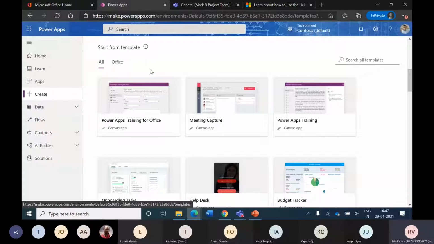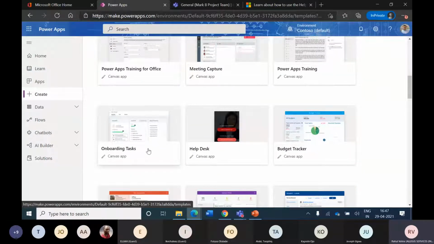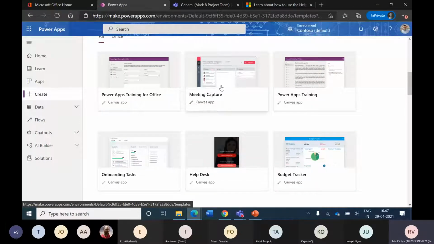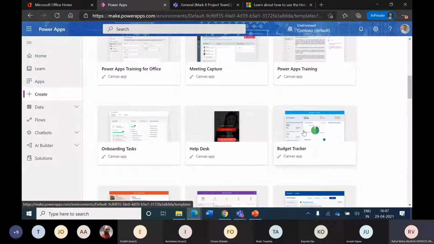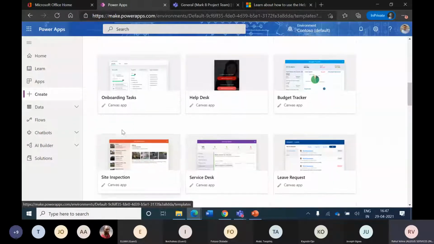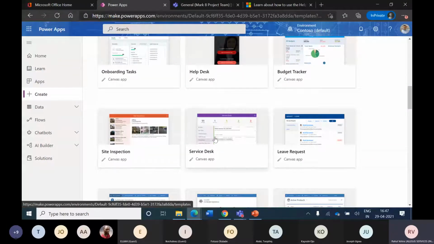deployment in our tenants. And if you see, there are apps for very commonly required use cases. For example, onboarding tasks, meeting capture to capture the meeting notes, Power App for training, budget tracker, help desk, which is a very common kind of requirement, site inspection, service desk.